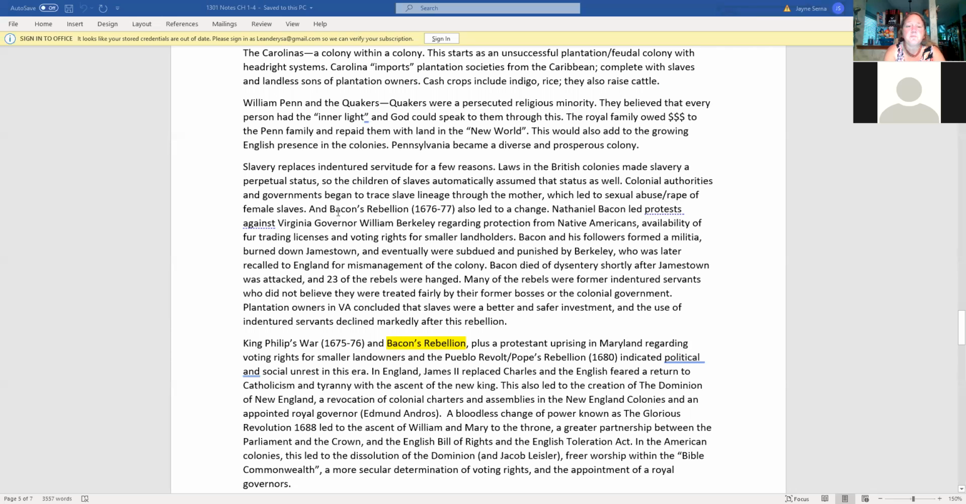Okay, so slavery replaces indentured servitude for a variety of reasons. One, laws in the British colonies made slavery perpetual. Now,